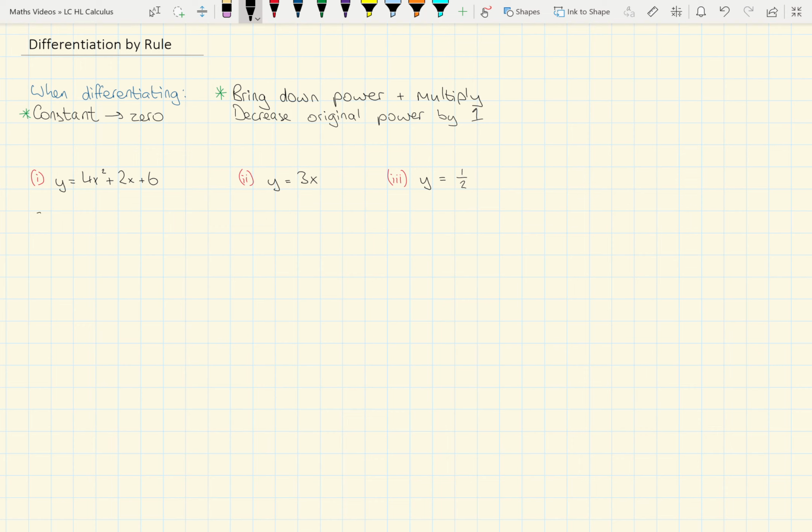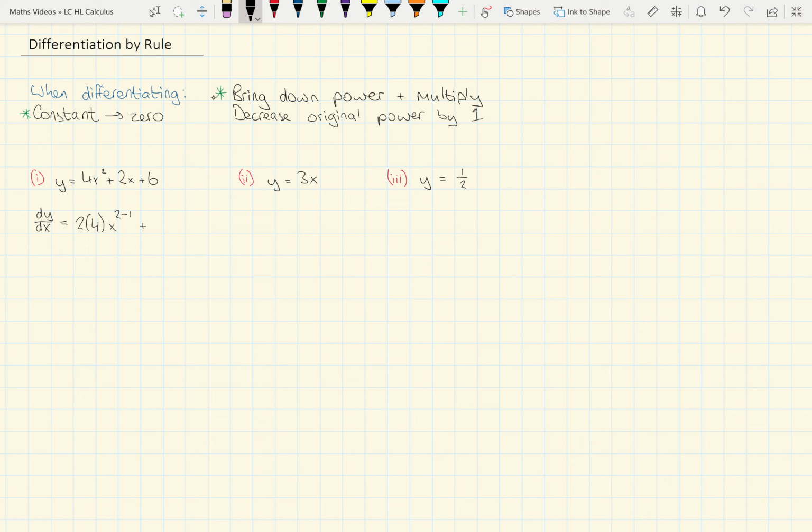So I'm going to write dy dx. So all that means is I have a function y and I'm differentiating with respect to x. Reason being is just x is the only letter that we have in our function y here. So we bring down our power, which is 2. So it becomes 2 times 4 stays where it is, x stays where it is, and that 2 is 2 minus 1,